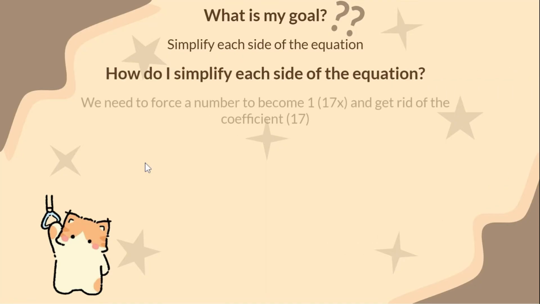Simplifying is trying to make the 4... Now we need to force a number to become 1, the 4, or the negative 4x, and get rid of the constant, which is the number right next to it. And the reason it says 17x is because I did a little mistake, so don't mind it. So what we want to do is divide by 4x,